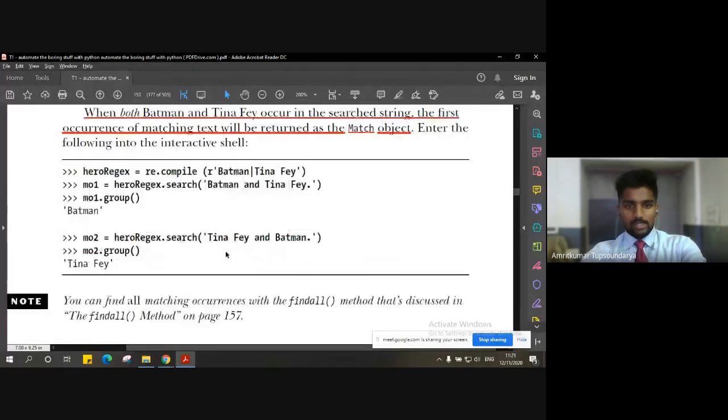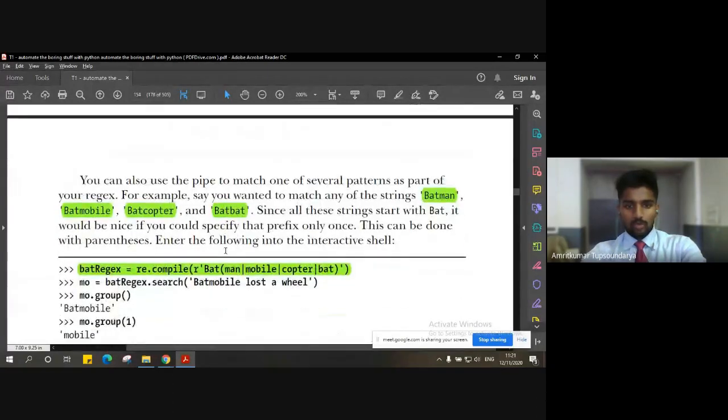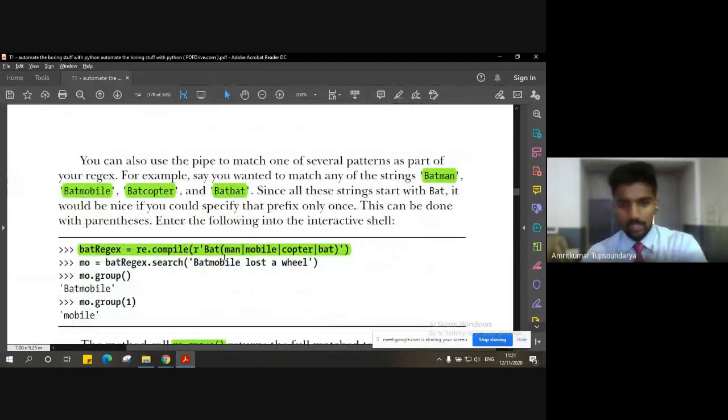Now let us have another example. Let's say we want to have multiple regular expressions in a given string. For example, I want to match multiple regular expressions, and any of them can be present in the string, or it might not be present. So let's say I have these four: Batman, Batmobile, Batcopter, and Batbat.